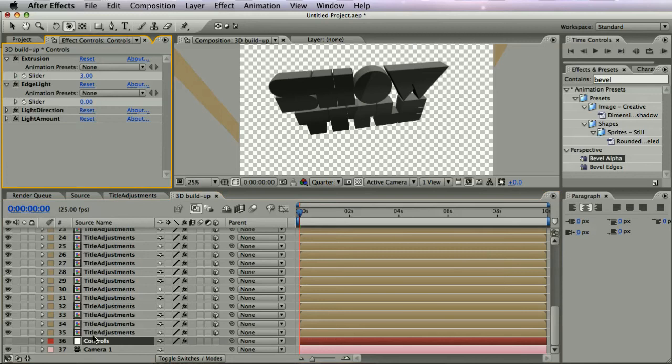So go to the controls layer, open the edge light and change it to, let's say, 3. And you see your edge is almost the same lightness or same darkness as the first layer, but the further it goes, the lighter it gets. Or you can have the opposite effect by typing -3, a negative number, and the further it goes, the darker it gets. So now basically you have